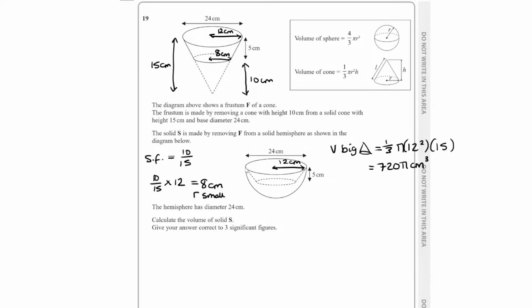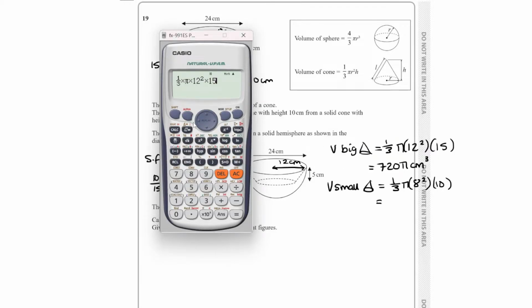small cone. Now we know the height is 10, the radius is 8, so now I can work out the volume of the small cone. I like to label it just because when I go back I don't forget what everything is. So same formula, a third pi, radius is 8 squared times 10. Again, just type that all in. Just going to go back and change this. Times 8 squared times 10. I know this one's kind of annoying because it's like a fraction, but I would still leave it like that. I still wouldn't write down the decimals. So 640 over 3 pi